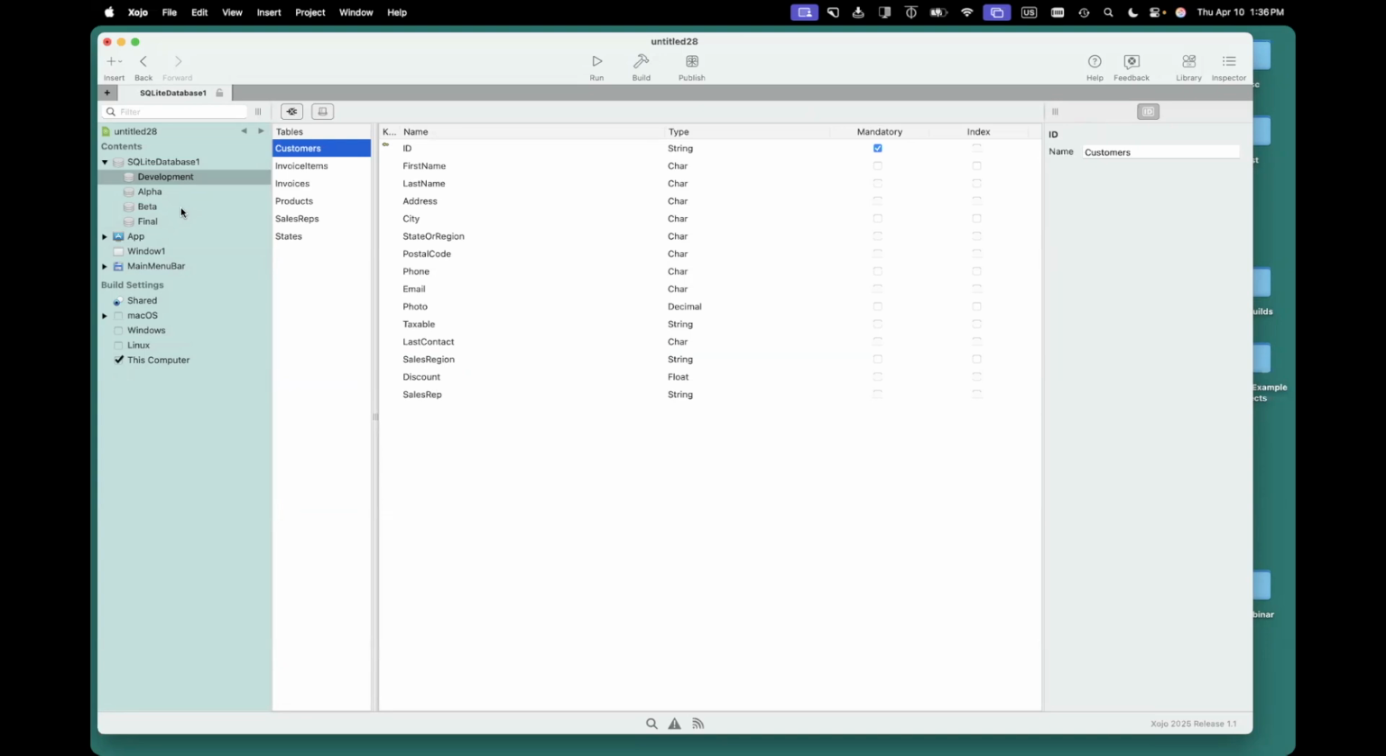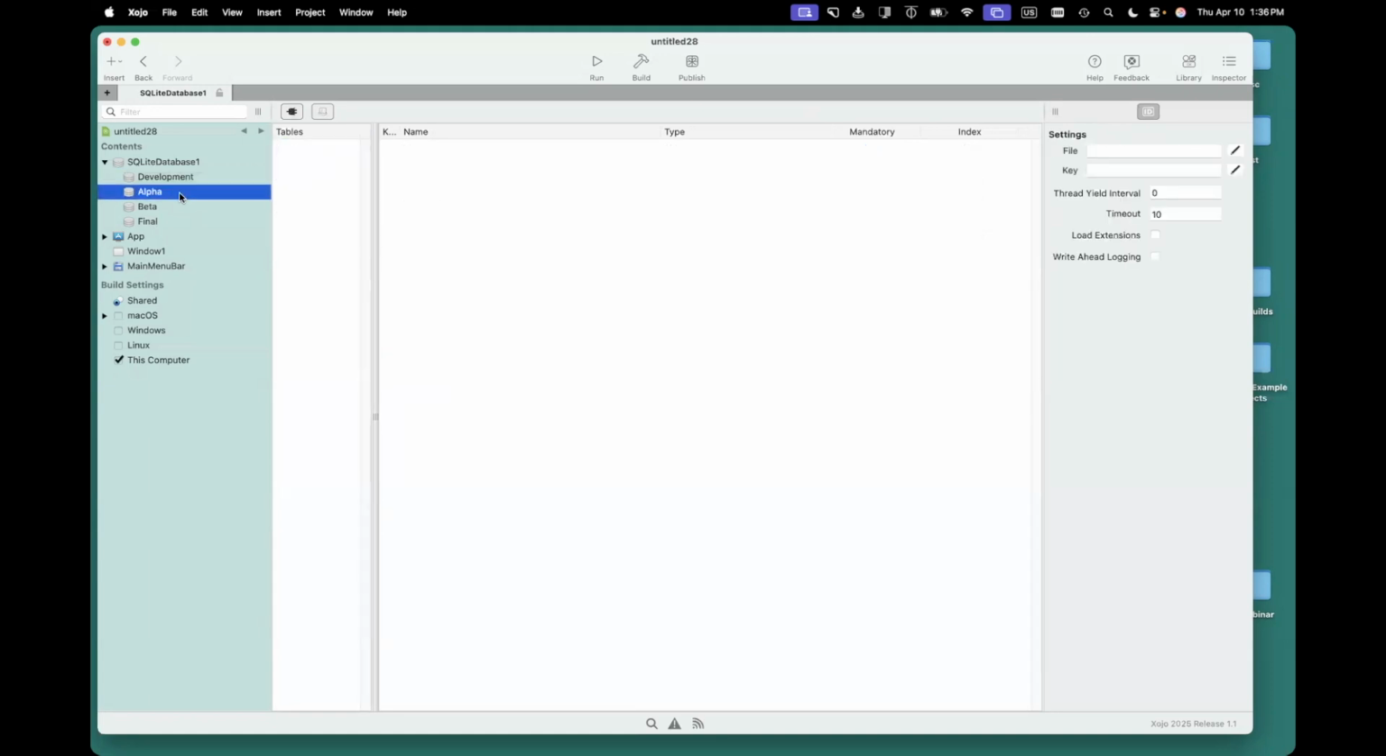Well, this allows you to have up to 4 different databases in this one connection. So for example, let's say you have a database that you use just for your development. For alpha testing, you have a different database. For your beta users, you have yet another SQLite database. And then when you ship, you have your final shipping database. Well, you can set each one of those databases here. And then when you build your app,